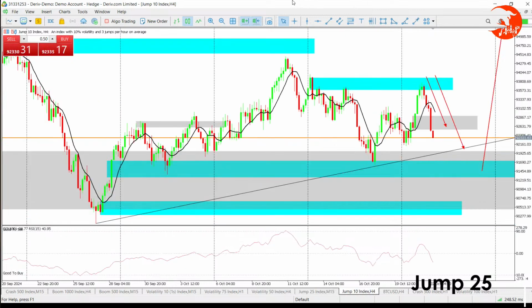Jump 10, lastly. The last asset for us is Jump 10. Now Jump 10 has reached our level, but again I had drawn that later on. I saw this being a resistance level,